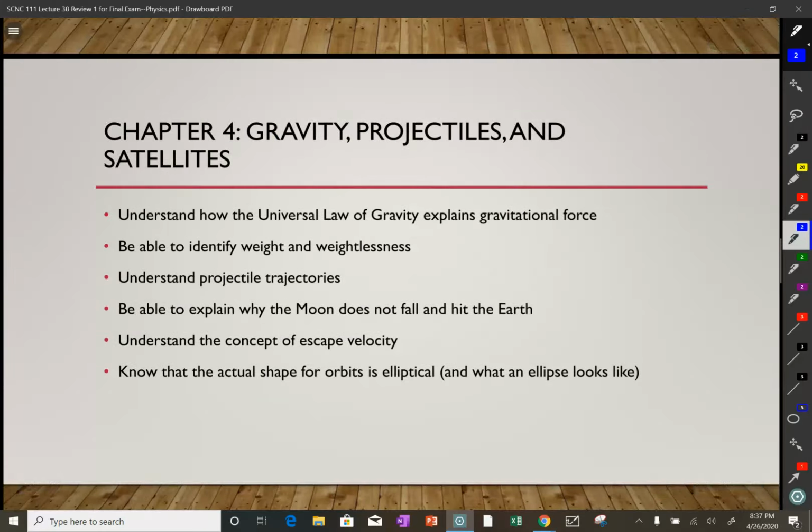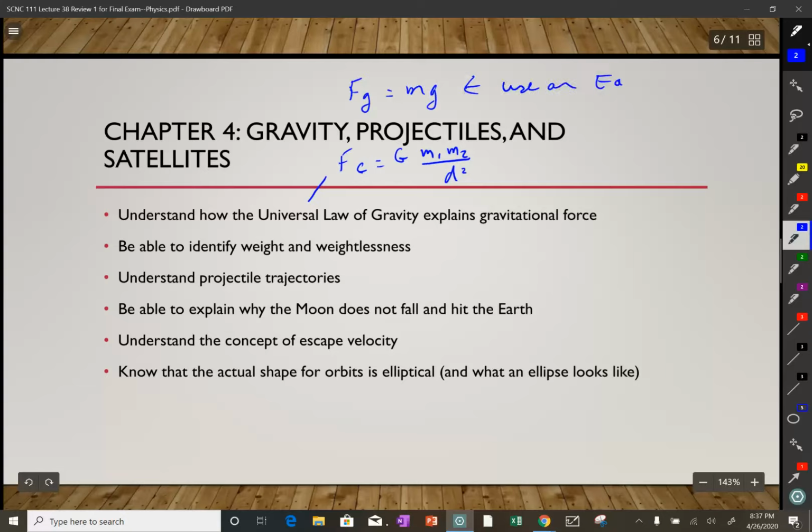Now with gravity, we had that universal law of gravity. The force of gravity equals G mass 1 mass 2 over the separation squared. We also had learned force of gravity is equal to mg. This form here we use on Earth,